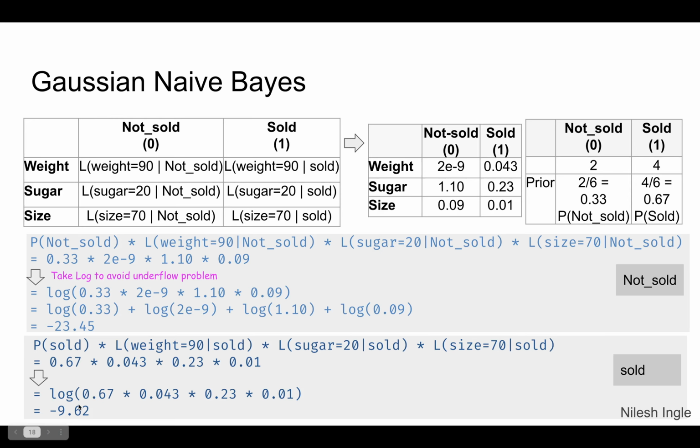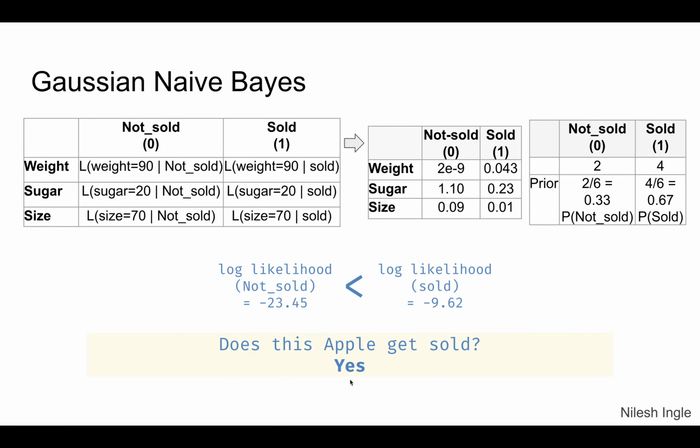So here we plug in the values from this table right here. We have 0.67, then we have 0.43 that goes here, 0.23, and then 0.01. When we take again the log, we find the value is minus 9.62. And so what we have is, the value of minus 9.62 that belongs to class 1, which